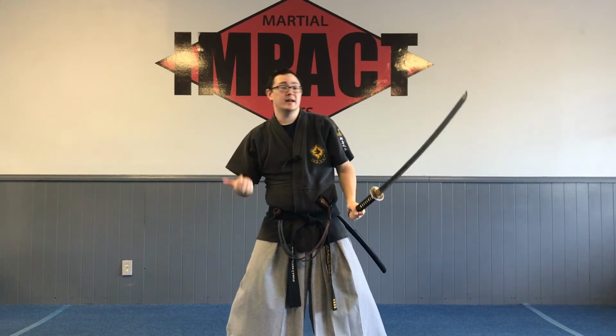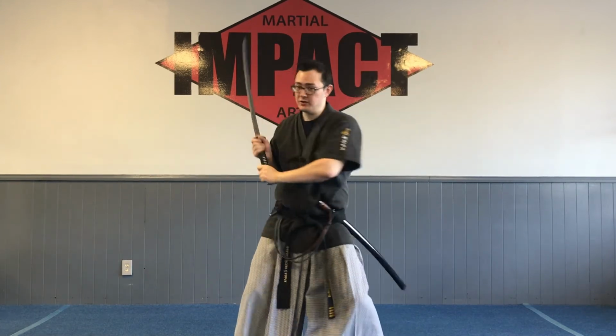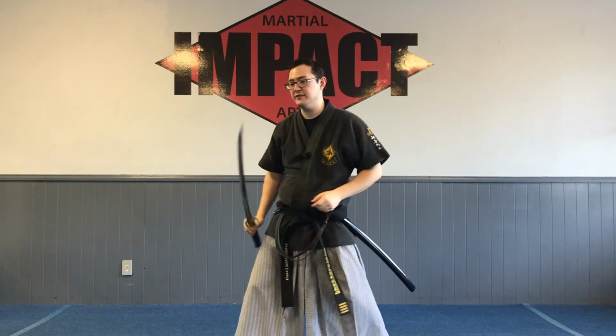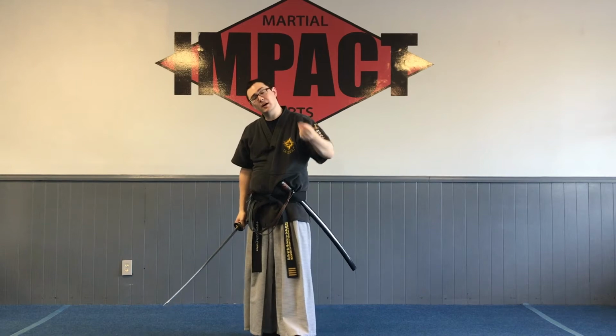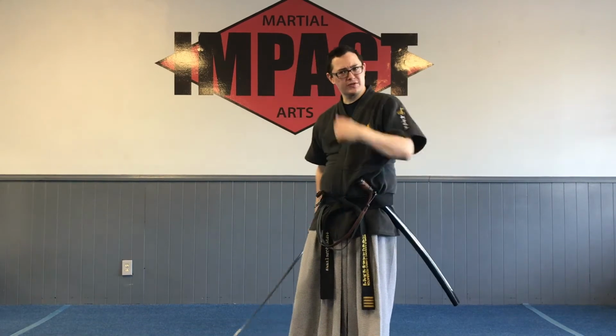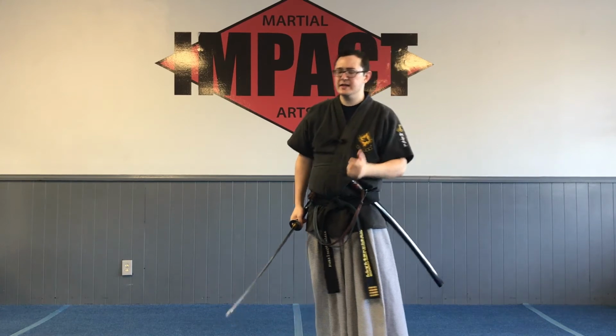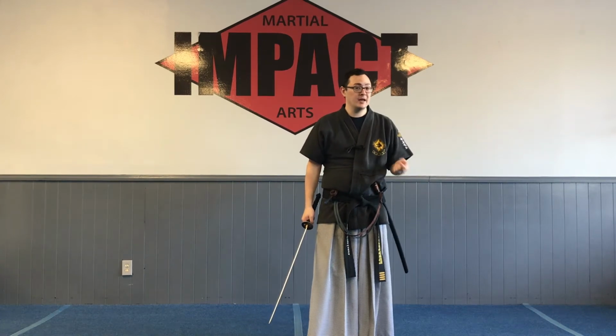So for example, if I like to work on sparring and I tend to already use these 2 blocks a lot, maybe I don't use the pushing pow sensei that often, as I cycle through the defenses and I think, all right, what don't I use? Oh, I don't really use this defense that much. Let me try that in combat and see what are the benefits of it and all that fun stuff. So focuses are a great way for you to remember curriculum,